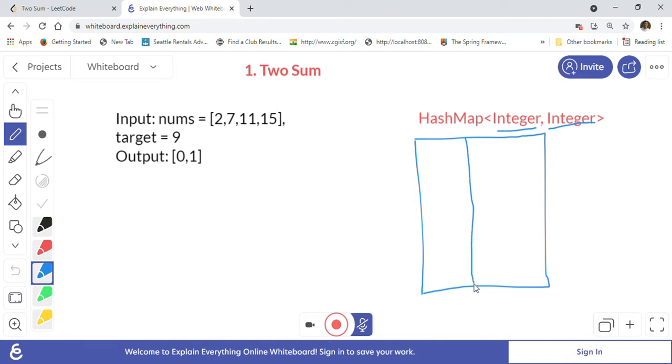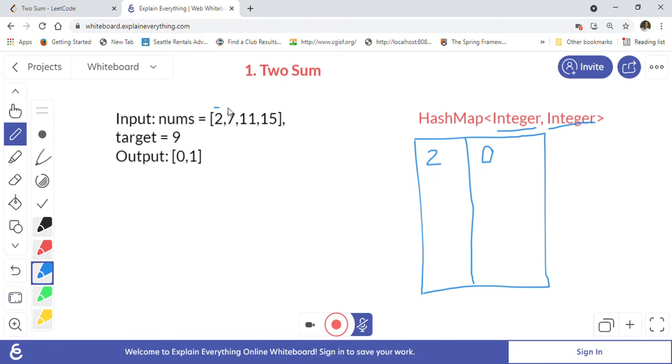We will go one by one through these elements and keep putting them into our hash map, right? First we are at 2. We will put into our hash map 2 and its index 0. Whenever we are putting any entry, the first thing we want to check is this: we will subtract the target minus this number, like 9 minus 2, and check in the hash map, right? 7. Does 7 exist in the hash map? No. Okay, so we will make an entry of our current element, 2 and 0.